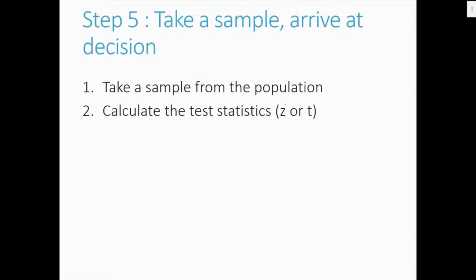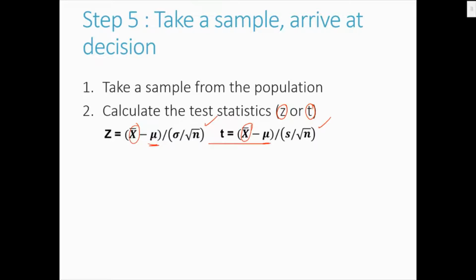From step 3, you already decided if you were using the T or the Z value. Accordingly, with your sample, you will calculate either Z or T, using the mean of your sample minus the mean of the population for both formulas,